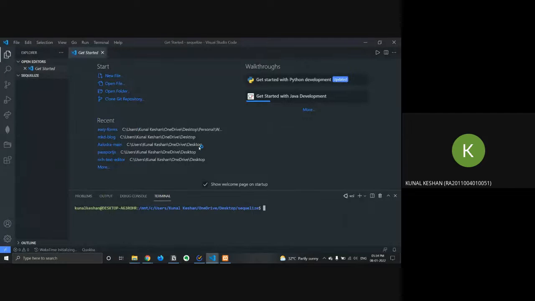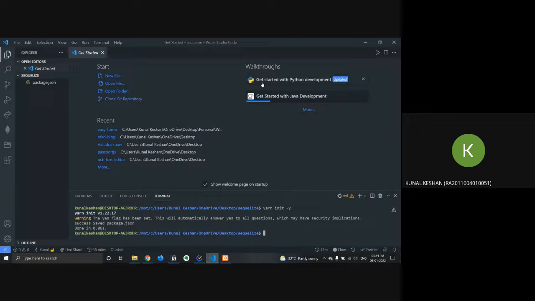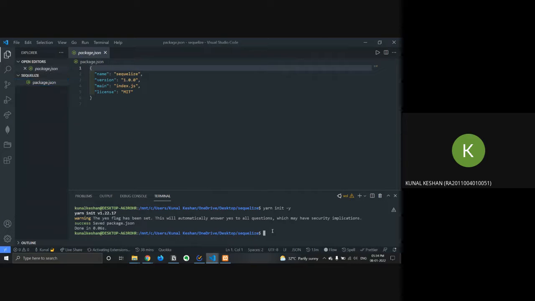What are the things we need later? First, I'll just do yarn init. So we create a package.json. I'll just do yarn add sequelize and mysql2.